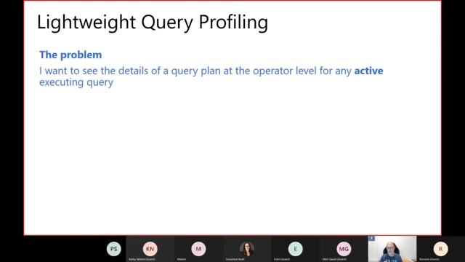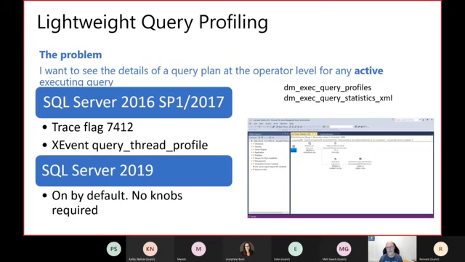So as I said, this is coming in SQL Server 2019. It is enabled by default. A beauty that Microsoft did for this specific feature is that it is also ported to SQL Server 2016 and 2017. It is not enabled by default, just not to break compatibility. But if you enable trace flag 7412, you can also have the estimated query progress for your queries. Really simple. We will see in a minute, and you will love it as I do.